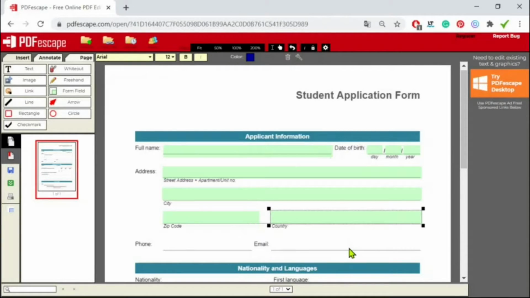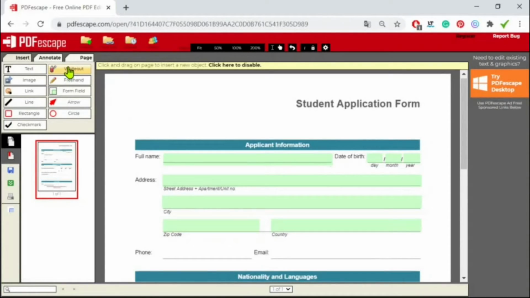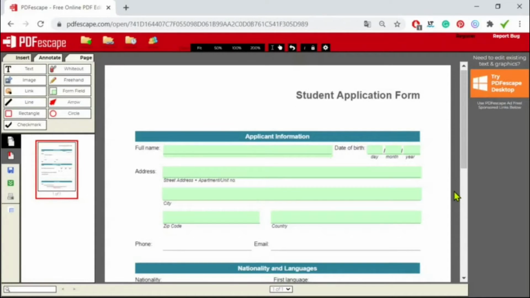And I've just changed my mind about this continuous black line here. But I don't really want to go to my original file and lose everything that I've done so far. So I'll use the whiteout tool from the Insert tab, which lets us add a white box and cover something up. So let's go to the whiteout tool, and what it does is you can just draw a white box here and it will actually cover whatever you don't want to see. So problem solved.